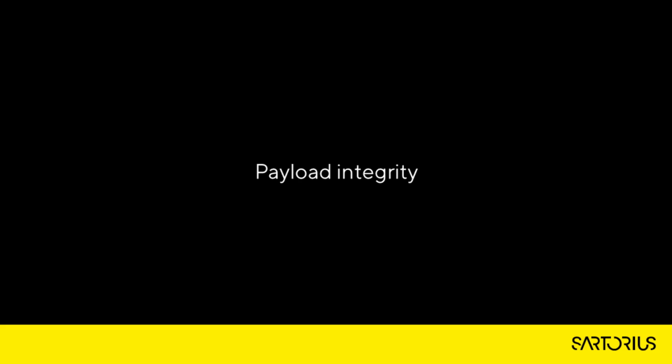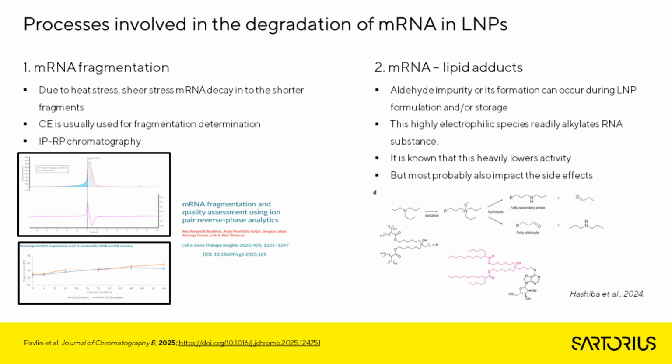Okay, let's go now to the third parameter, which can be determined using our LNP Switcher machine, and this is payload integrity. There are at least two processes involved in the degradation of mRNA in LNPs. The first process is mRNA fragmentation, which can happen due to heat stress or shear stress and causes mRNA to decay into shorter fragments. Usually, capillary electrophoresis is used for determination of mRNA fragmentation, but recently we published an article